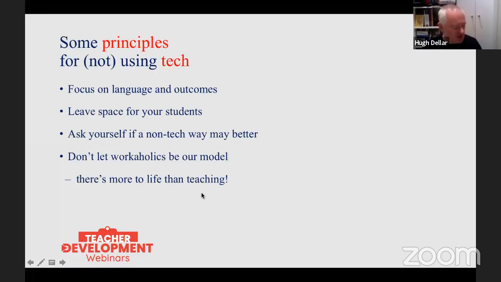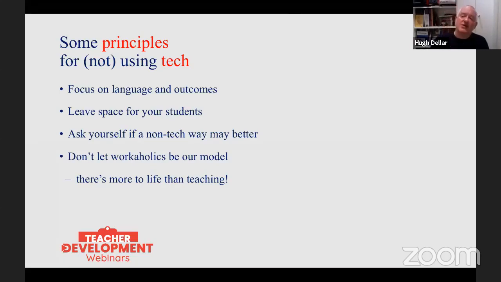This brings us really to some final principles, okay? These are really principles we should all be asking ourselves when we're using technology or not. I'm guessing at some point COVID ends and, if we survive, we can all go back and teach in physical bricks and mortar classrooms. Same issue. The main thing we should be focusing on is not, am I using different tech tools in my class? The main focus needs to be, are you focusing on useful language relevant to your students' level? And will this language help them achieve a stated communicative outcome?